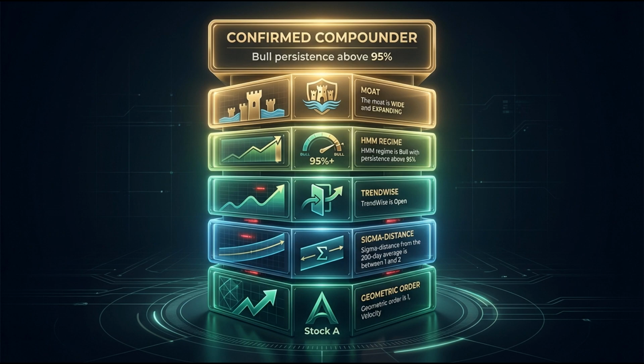The system has processed the 85 fields, the fundamentals are pristine, the narrative is accelerating, the regime is fiercely bullish, and the geometric trend is indisputable. The system has done the rigorous work. So you just buy and hold? The only logical, mathematically sound action is maximum allowable allocation. Any hesitation here is a failure of discipline.